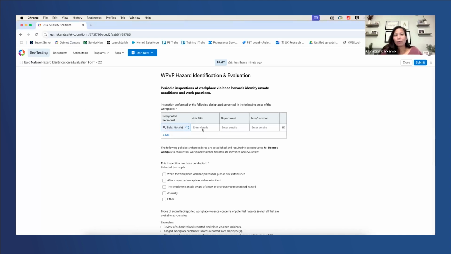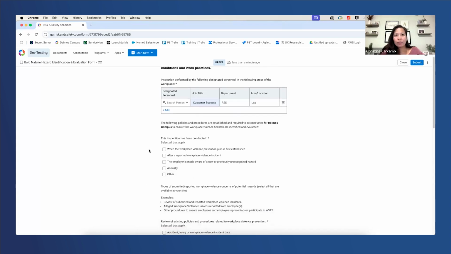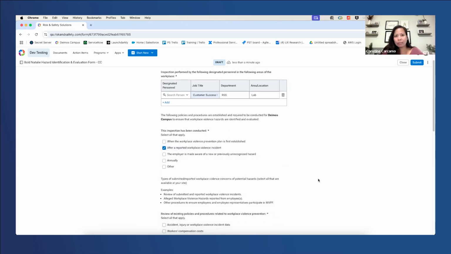And again, I will just enter in the information. We'll do the same area, which is the lab. And then we are going to say that it was after a reported workplace violent incident occurred.